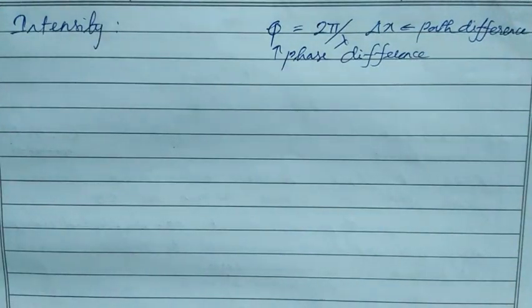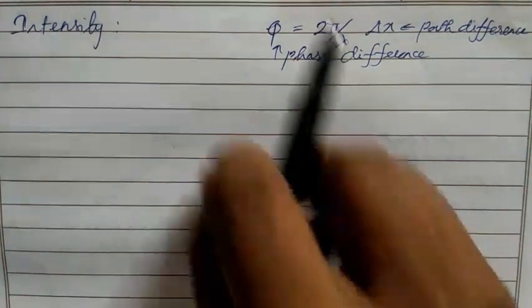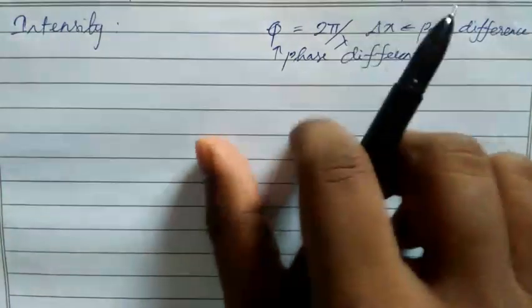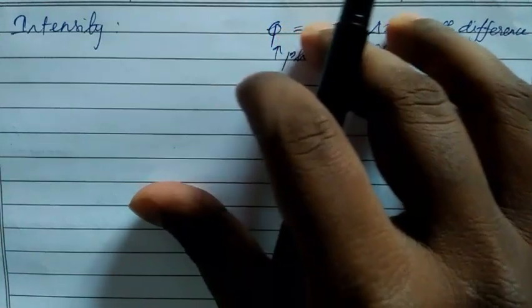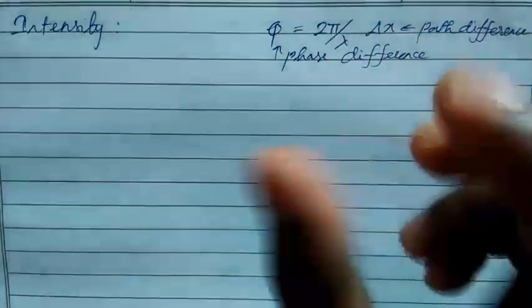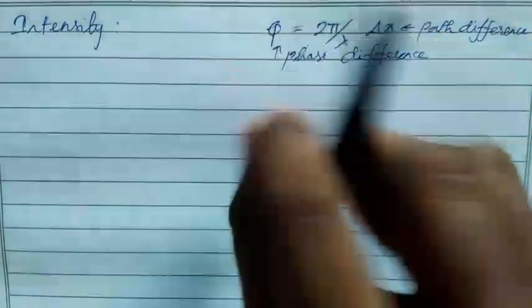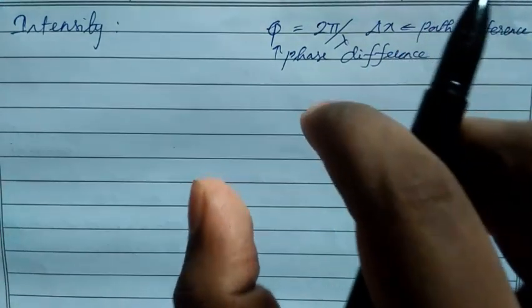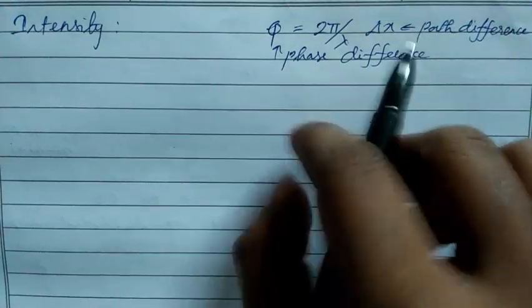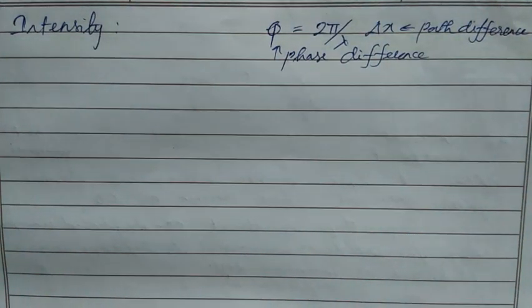So intensity means, as I said already, power per area. In a small area where we incident the light, the intensity will be more. When we increase the area, the light intensity will be less in that area. For example, consider a torchlight: when I hit the torchlight here, the brightness will be more. But if I lift the torchlight to a further height, the brightness will be less, but the area will be more. So we can say intensity is power per area.